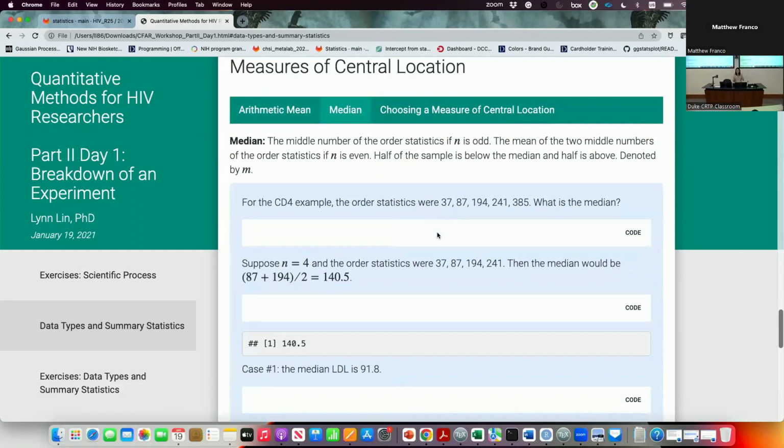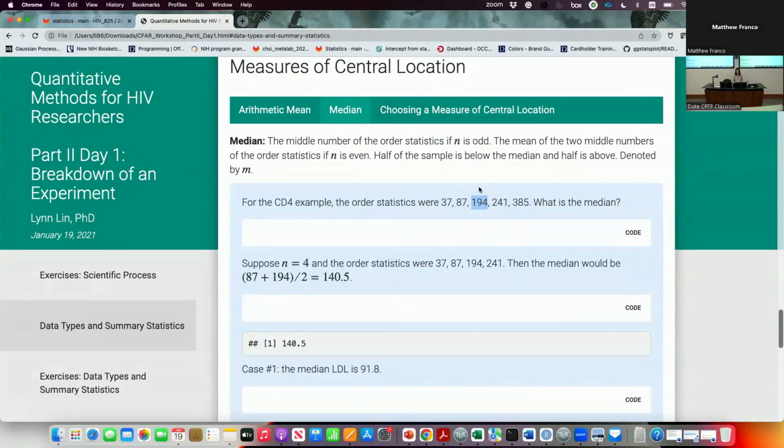So after we learn about order statistics, it helps us to obtain the median, because the median is the center, right? For example, in this case, 5 is an odd number. So the center, which is the middle number, is the median, right? That's one way to summarize the